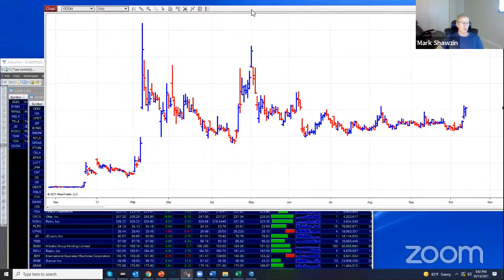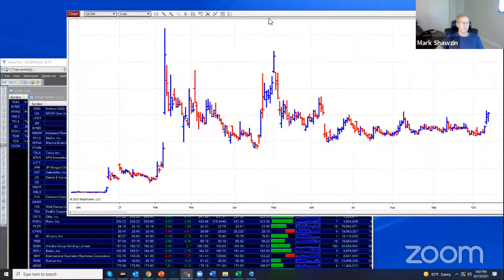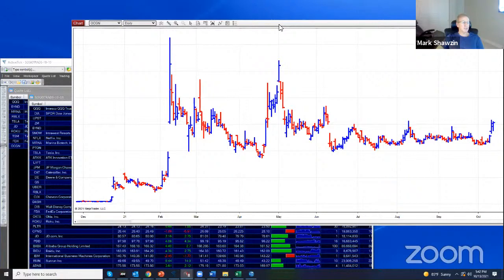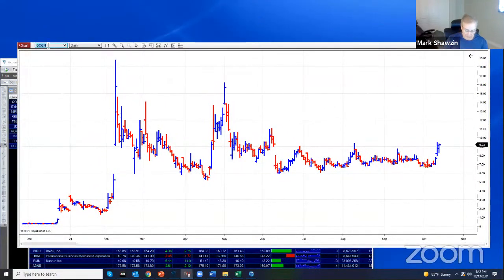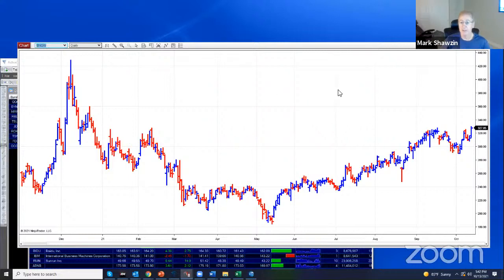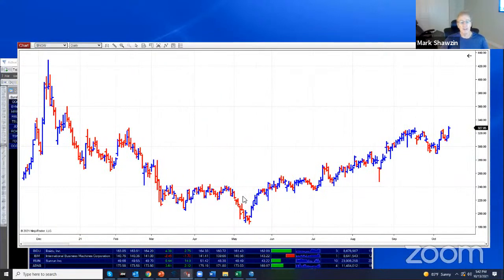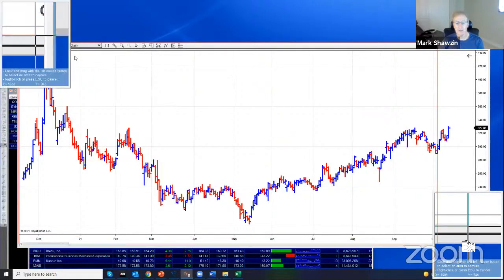I'm trying to find a better idea of something that closes in a certain way. So this is what I'll do, I'll do my analysis so you can see this. This is SNOW. It has an inverted head and shoulders, and now it's breaking through and is probably likely to be a buy. So this has a ton of patterns in here.